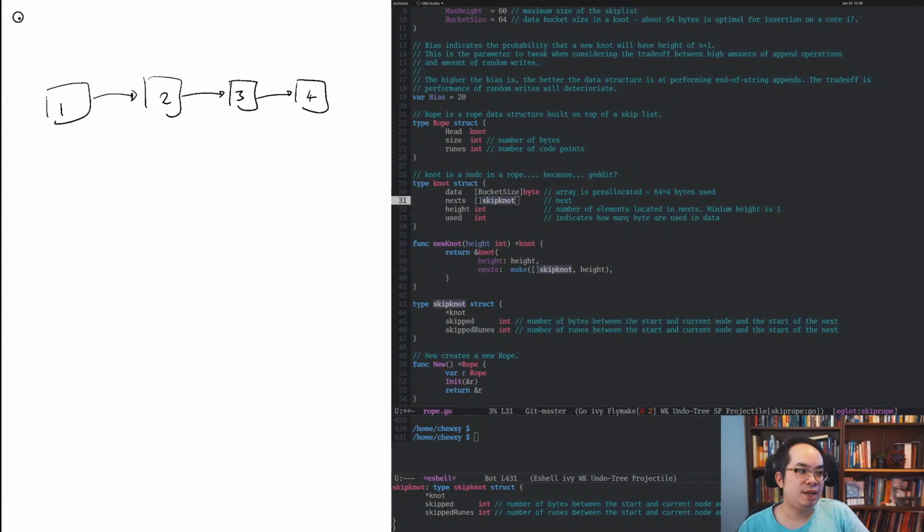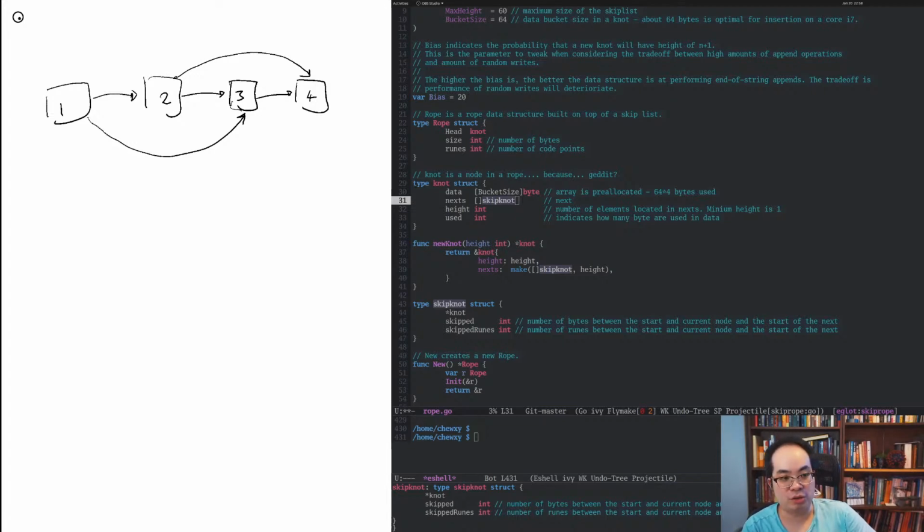And then you want to be able to skip. So this one can also skip 2, so it will skip straight to 3. So it will have one link to the node of 3, and this one will have one link to the node of 4. So this way, if you already know roughly where your data is, you can just skip ahead and then use it as a